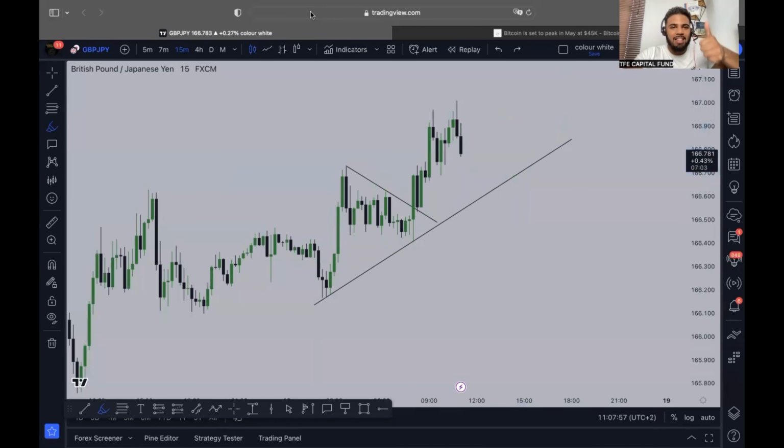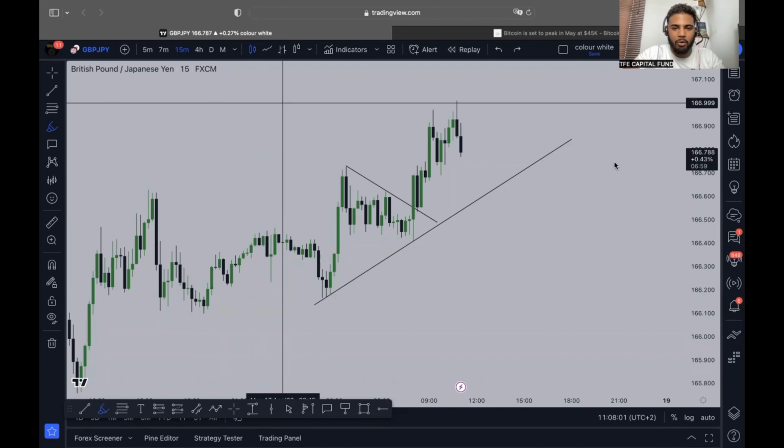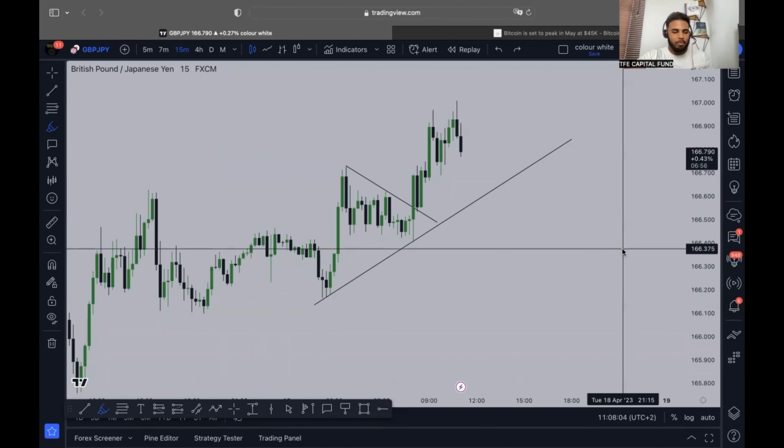Does everyone understand this? Let me open the chat box for you guys. Does everyone understand what I'm talking about right here for the pound, GBP JPY? Let me hear from you guys. Make sense? Don't you guys have any questions? Any questions, traders, about what I've taught you or shared with you now?